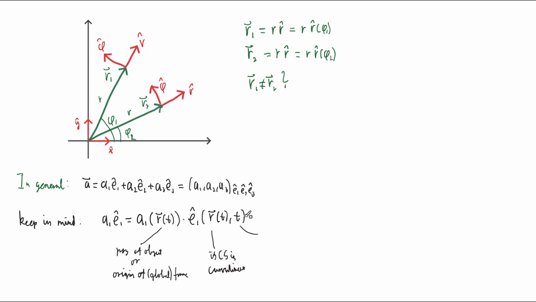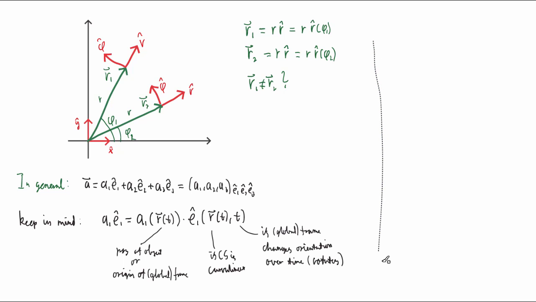And it can depend on time if the global frame changes orientation over time. And if something changes orientation over time, that really is the same as saying that it rotates. So specifically, this means that if we're working in a Cartesian coordinate system that doesn't rotate in time,